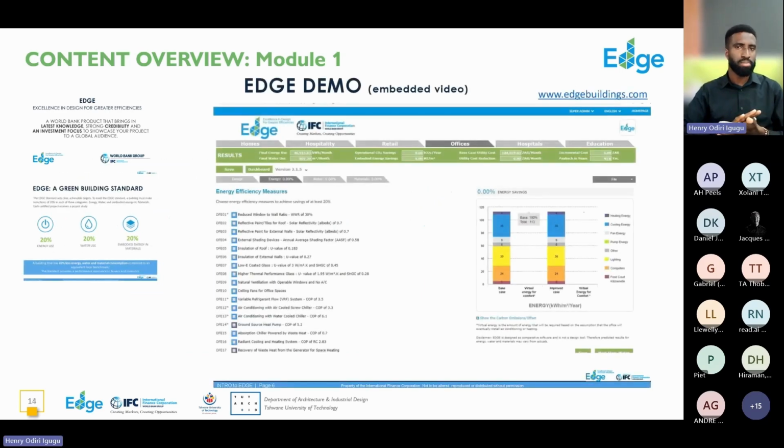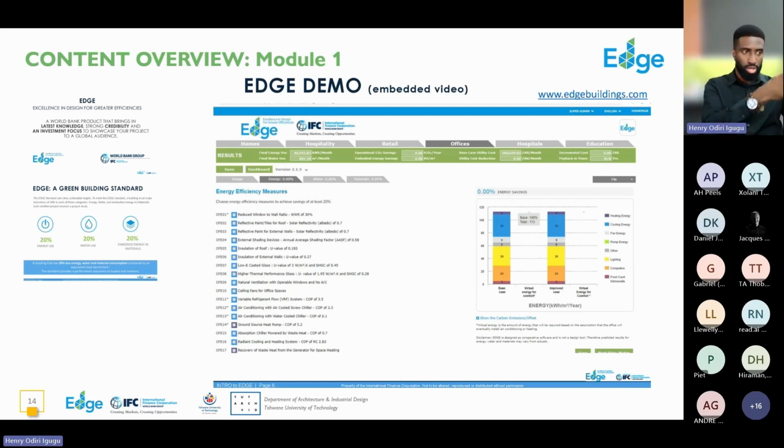And then we'll be working, as I mentioned, with the EDGE platform, the EDGE app. And we'll be going through how to use the platform and how to implement the different design considerations. As you can see on the slide, where you have the two charts, it shows you the consumption for that category of a base case. And the base case is very specific. It's a base case of the building, of the size and all of that for that building in a particular city of a particular country. So for example, you might be selecting somewhere like Pretoria or Johannesburg in South Africa.